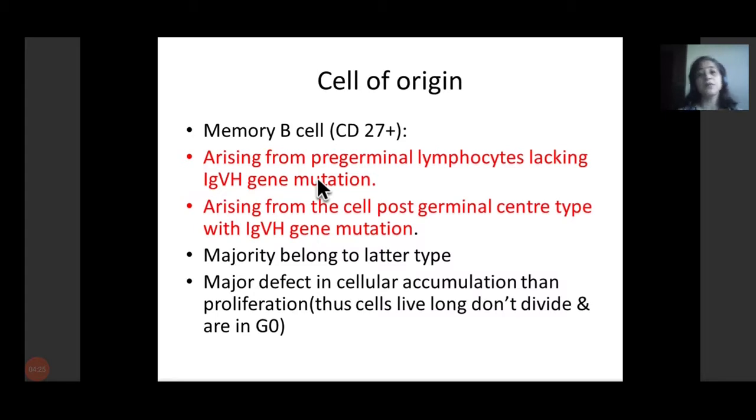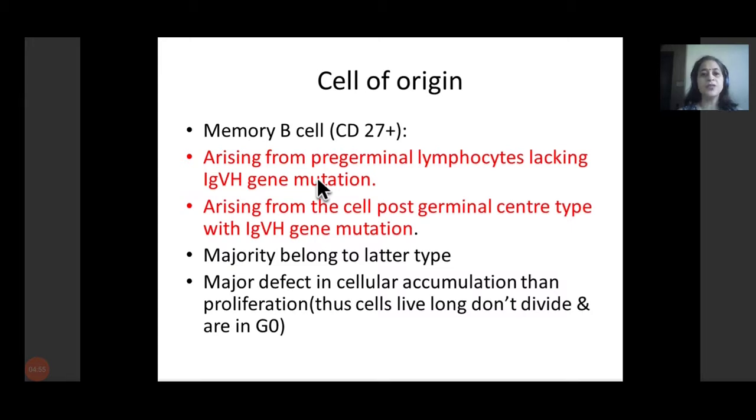Now, what is the cell of origin? Whenever we talk about leukemias and lymphomas, in my next lectures also, I'll be telling you that each leukemia or lymphoma, and for that matter each malignancy, arises from a cell. The cell of origin is very important because that will decide the nature, the biological behavior, the response to therapy, and the prognostication. The cell of origin of CLL is the memory B cell, which is CD27 positive,